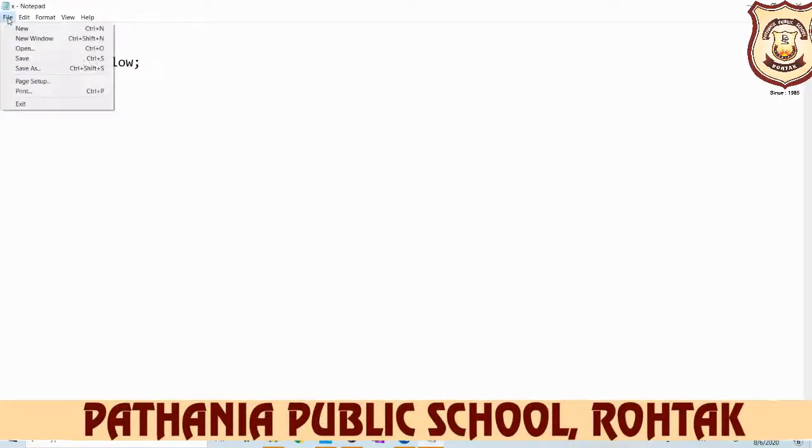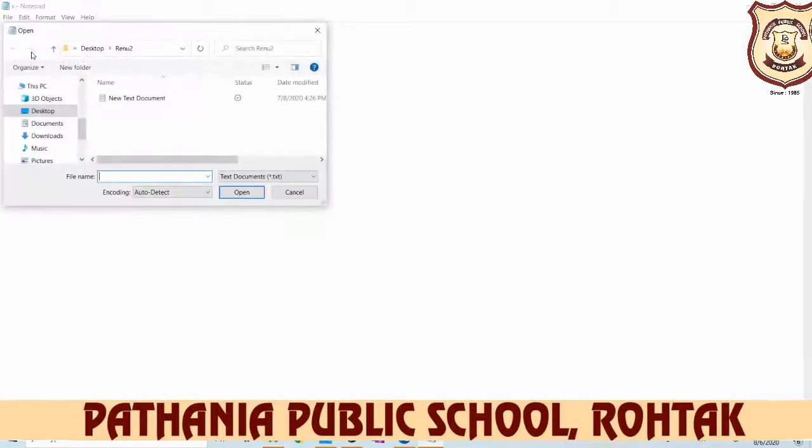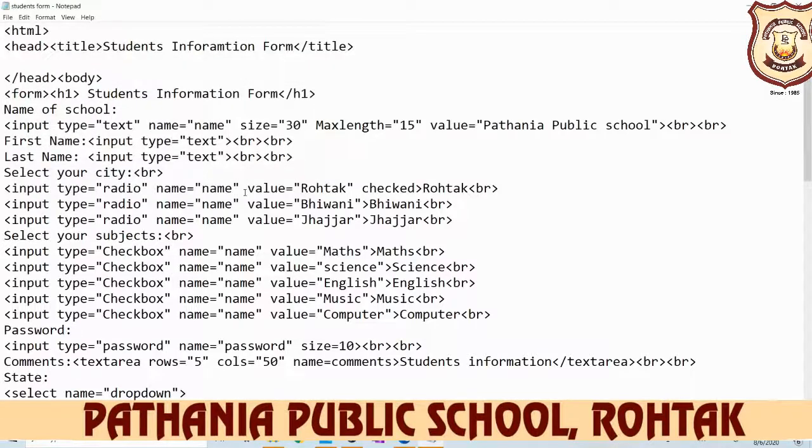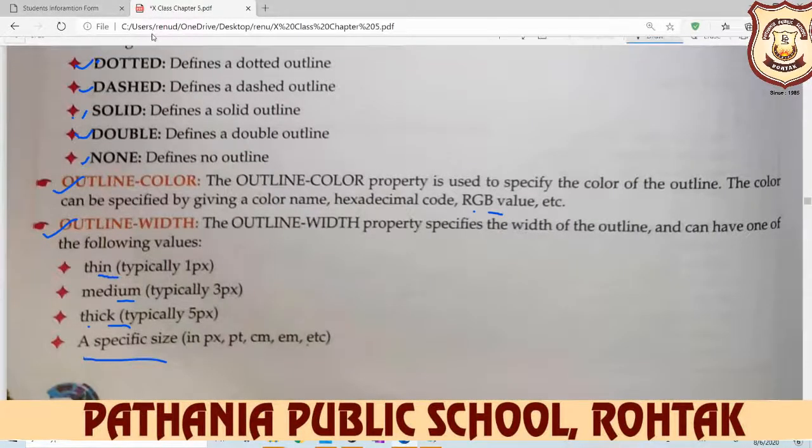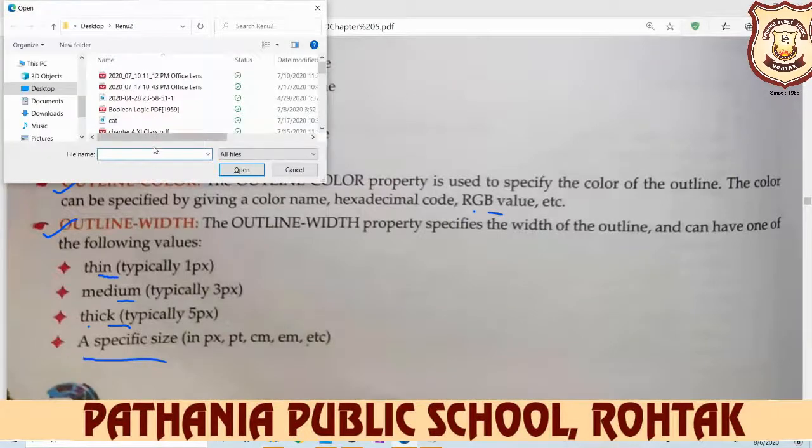Click on the file menu, then click on open, and now open the form. My form name is studentform.html. Open it, and once you see the output, we open it with Control O and then use the student form.